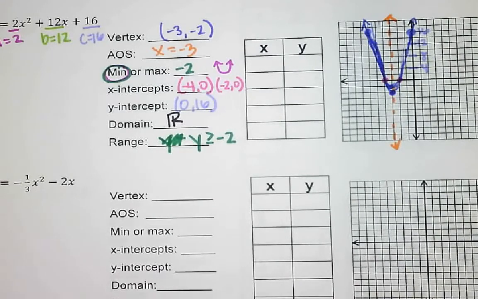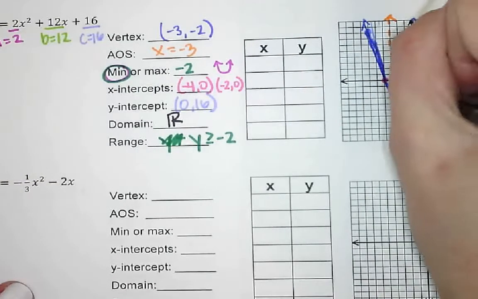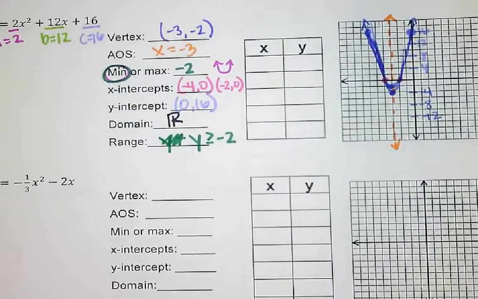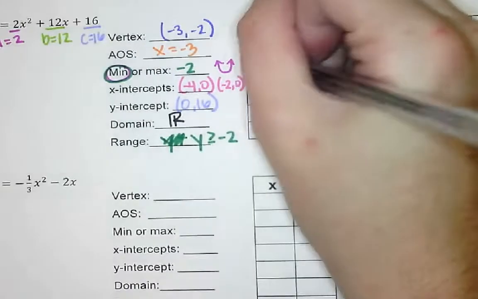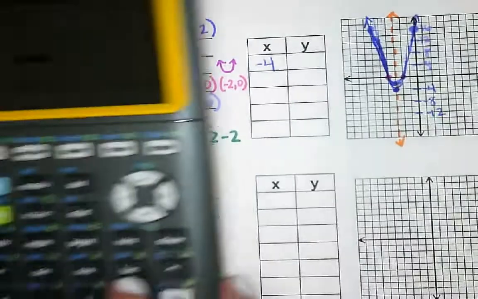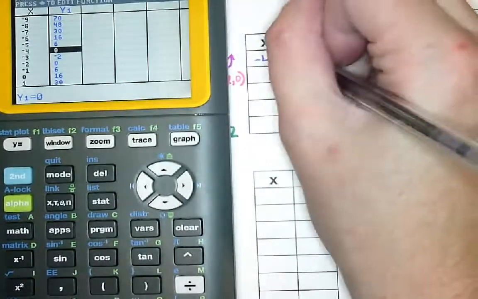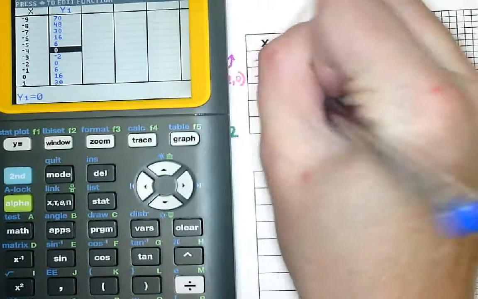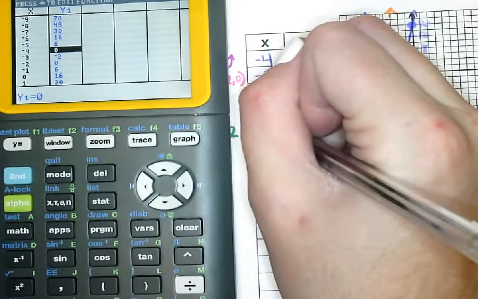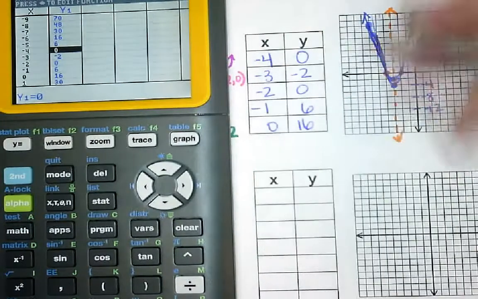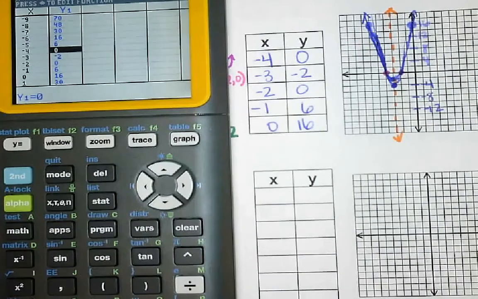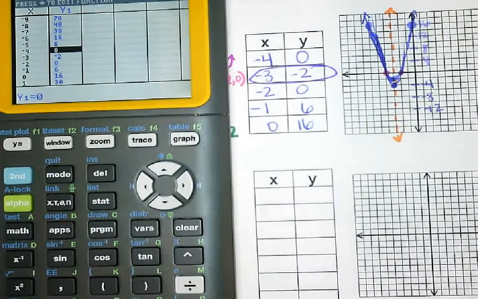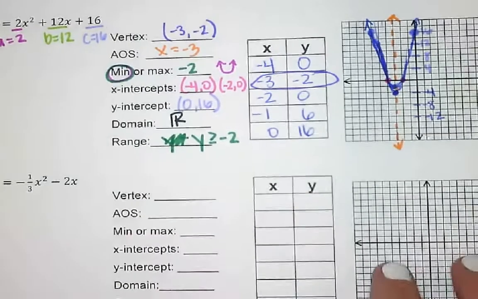That's supposed to be -4, -8. There. So then I go to my table, and I'm going to put in my table values. I'm going to start at -4, 0, -3, -2, -2, 0, -6, and then 0, 16. Now the only reason I didn't put my vertex in the center of the table is because I wanted my Y-intercept on the table, but you don't have to. You can just put your vertex in the center. Alright, so that's a good example of how you can graph